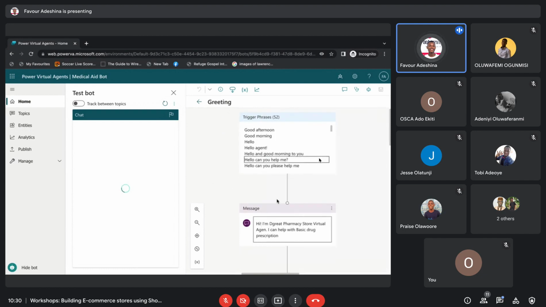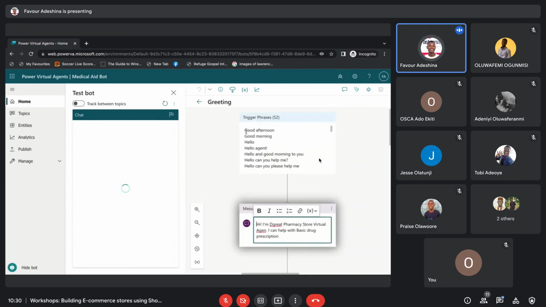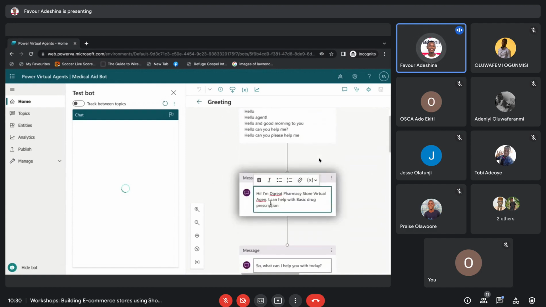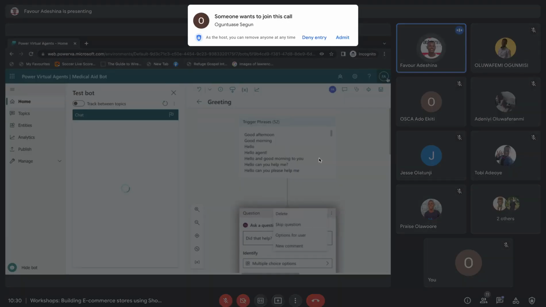I've picked that trigger phrase, and then I set a message. Whenever someone says any of these messages here, the chatbot will reply, "Hi, I'm the great pharmacy store virtual agent." Let me delete this so that I can show you how I did that again. The reason I did not start afresh is that this is a free account.